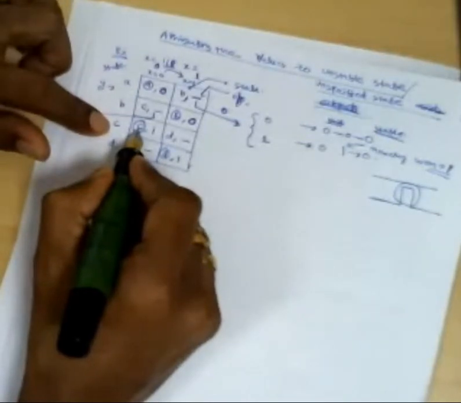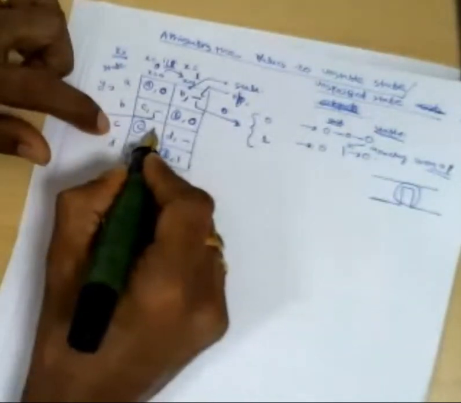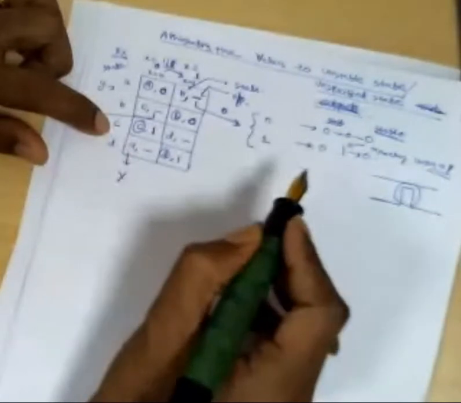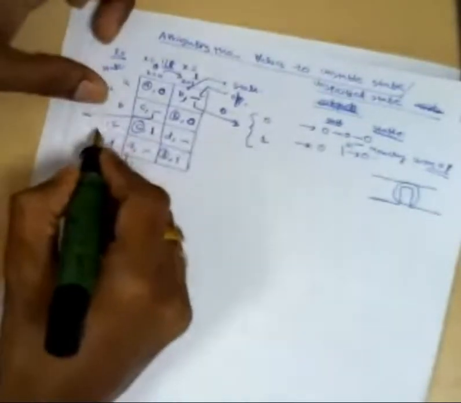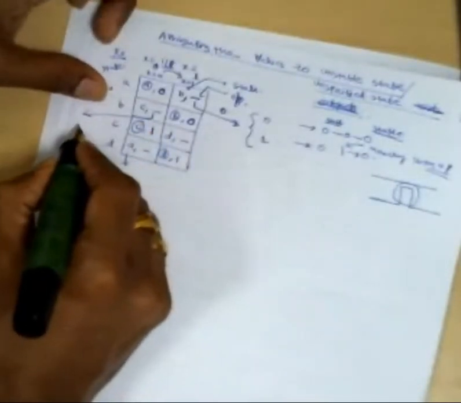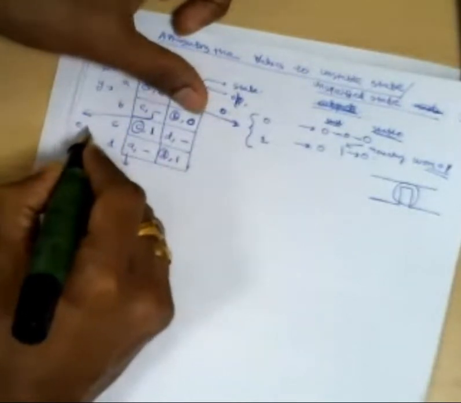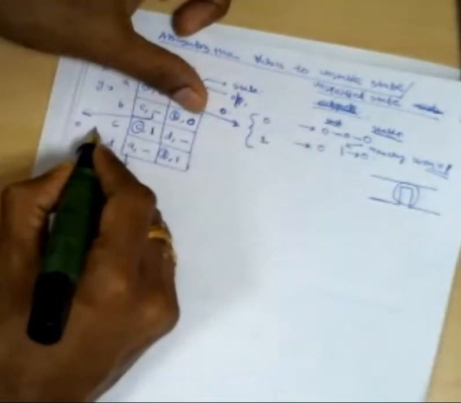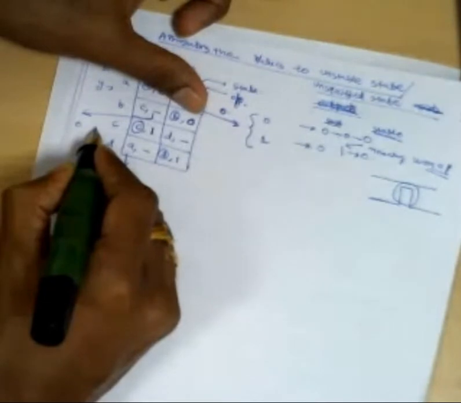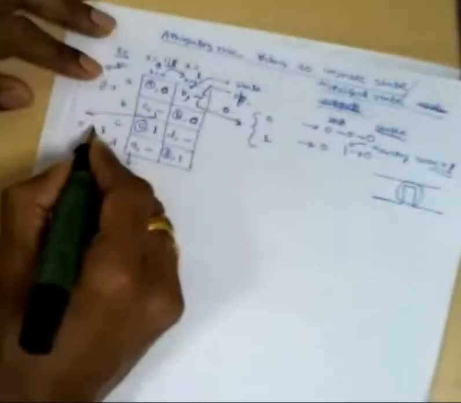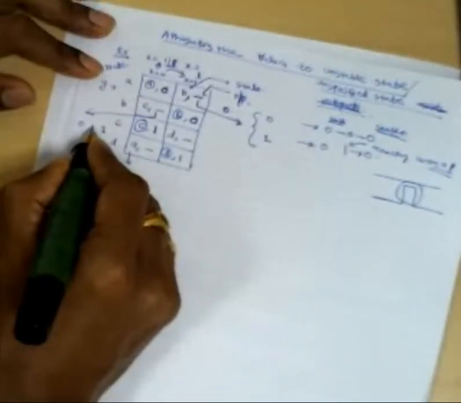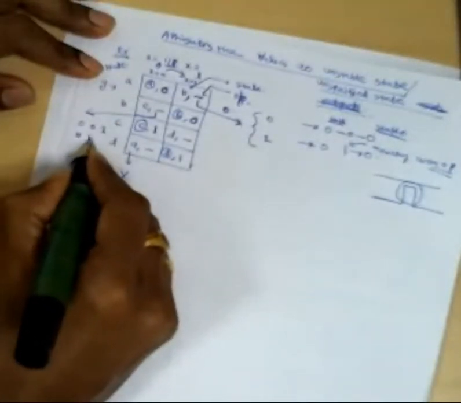There is a stable state when x equals 0. Then the output is 1 here now. So if you analyze this, initially it is 0 before initiating the transition, and after completing the transition, the output will be 1. Am I right or not? Yes, sir. You can assign in between 0, or you can assign in between 1 here.